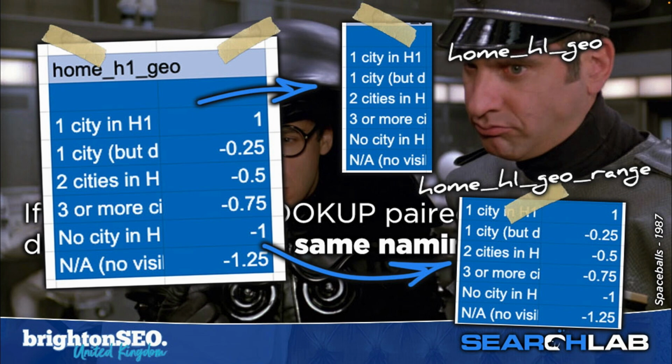And this is from an audit document that we put together. So this is what one of the little groups of data would look like on that library tab. We've got the list of data in the left column that shows the data that appears in the actual dropdown in the cell. We know from this that the name of this particular dropdown range is home_h1_geo. But we also know for the VLOOKUP that lets me calculate the score, it's